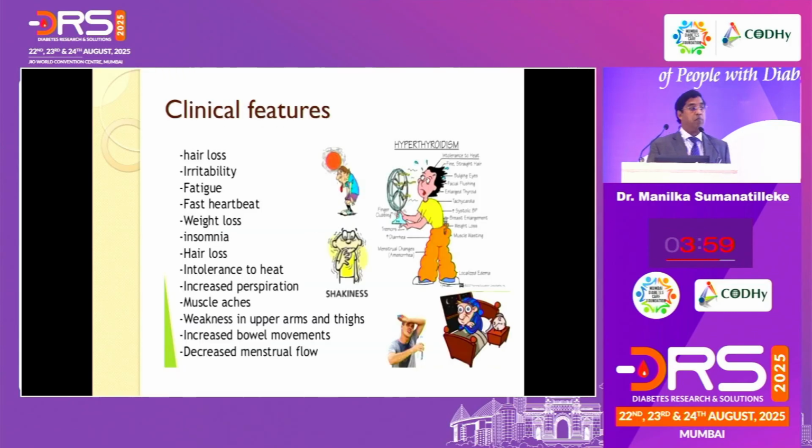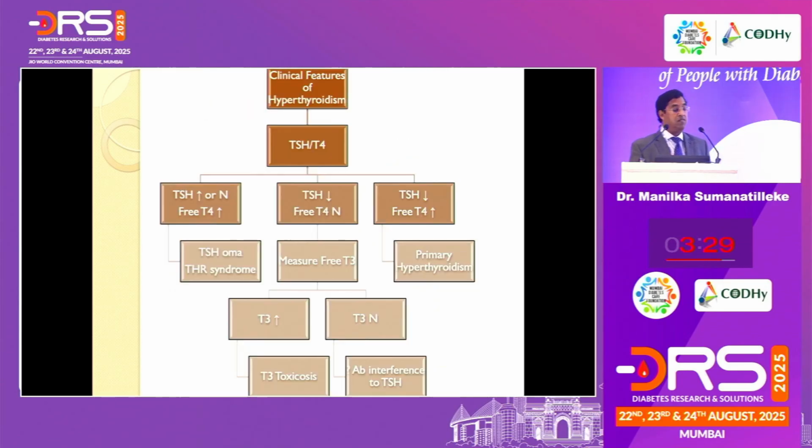So how do you approach? The clinical features are given here again: tachycardia, losing weight, tremors, eye signs, lid lag, lid retraction, and exophthalmos, and thyroid eye disease associated with Graves will be diagnostic, but so many things will be there. Remember, apathetic hyperthyroidism in the elderly. They might look depressed or detached, but still they can have hyperthyroidism, called apathetic hyperthyroidism, especially in the elderly.